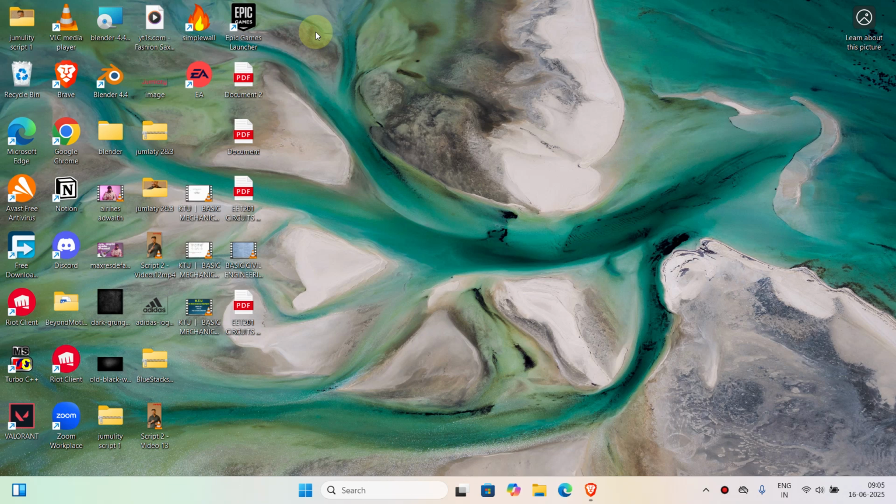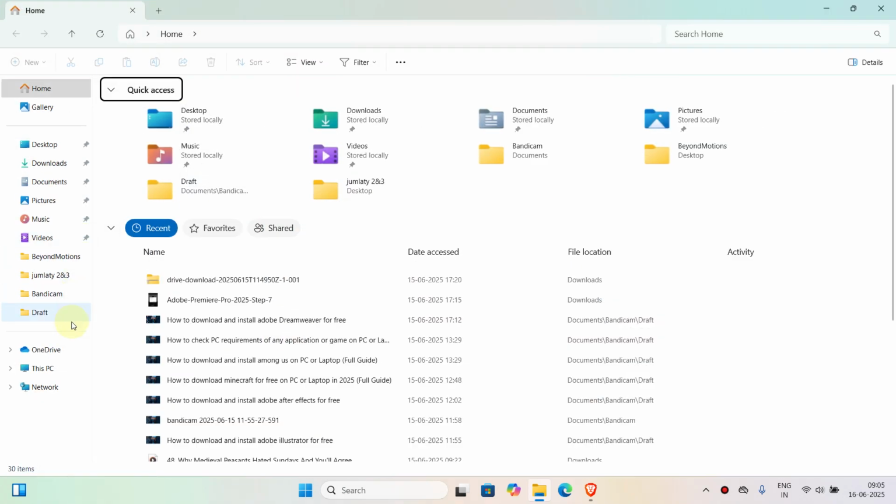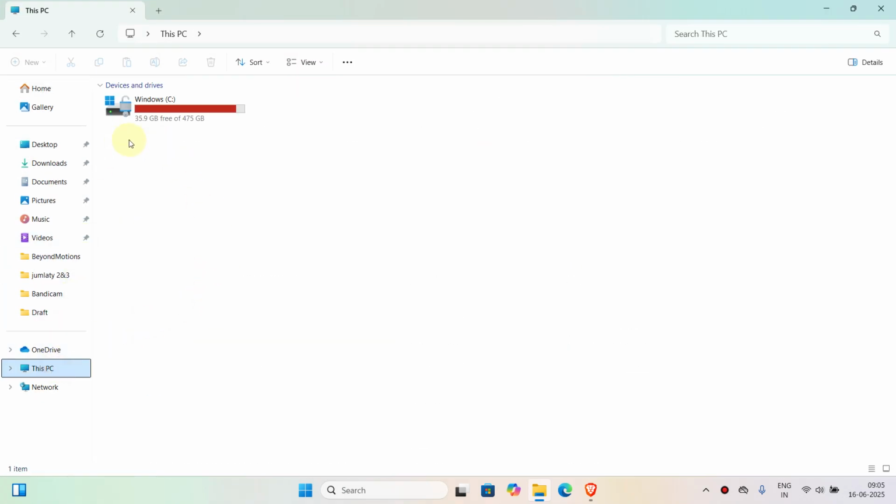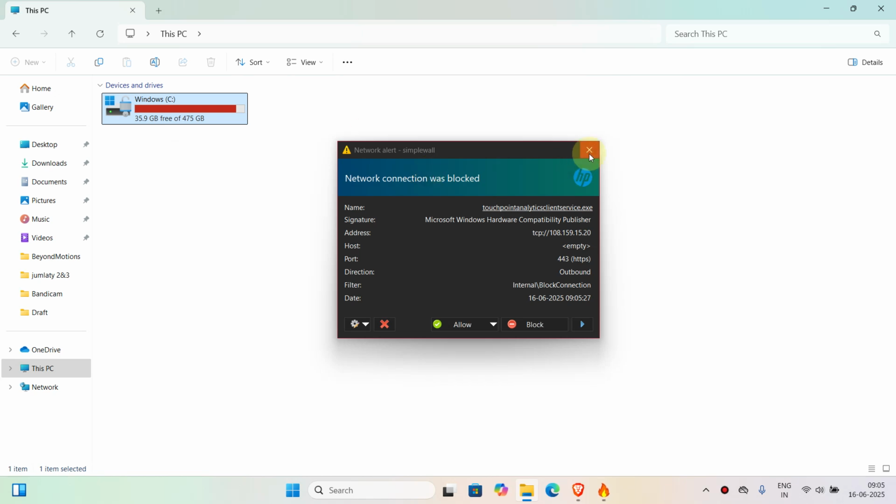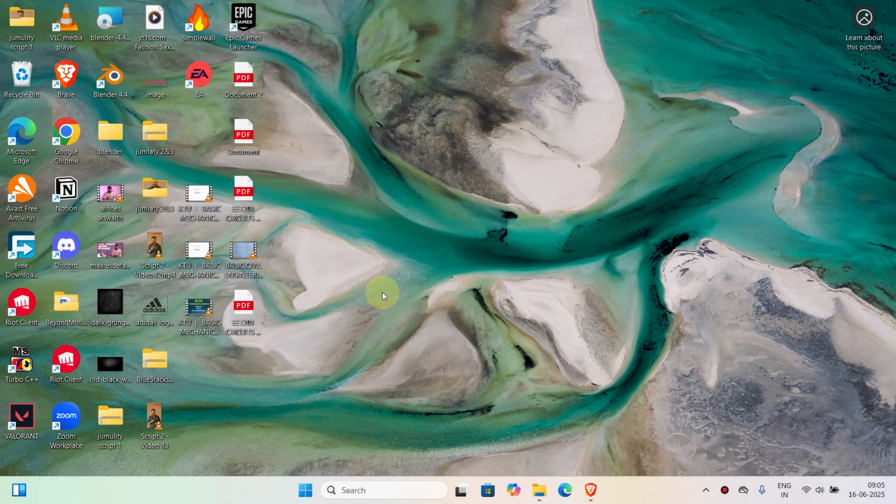Hey everyone, today in this quick tutorial we're going to be looking at how we can easily save space on your PC or laptop without deleting any of your personal files. For example, in this tutorial I'm going to be showing my drive. In here you can see it's 35.9 GB free. Consider in your case there is no amount of free space here. If you want to free some space without deleting any of the personal files, what you can do is come